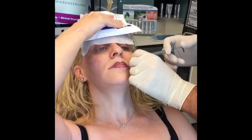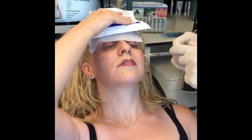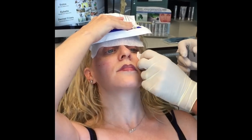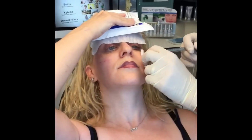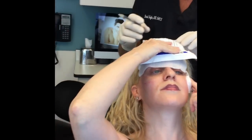Good. Another one here. And again, it's a tiny needle, so even people who are afraid of needles do great with this. And then one more. Good. There we go. Now take your right hand, hold right there. I'm going to take this ice off. And then what I'm going to do